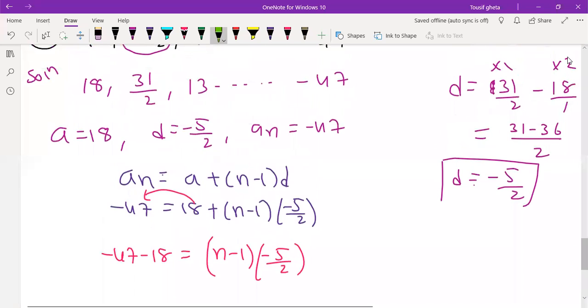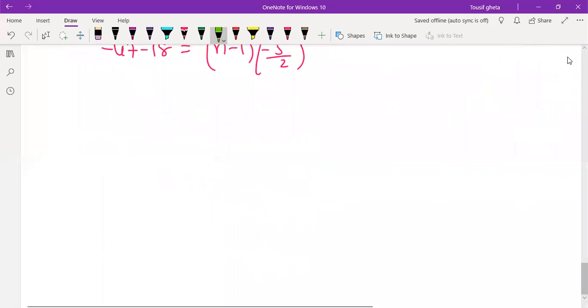So this was the question, right? And with this A and D, we wrote the formula and substituted the values of A and D. Okay. Now